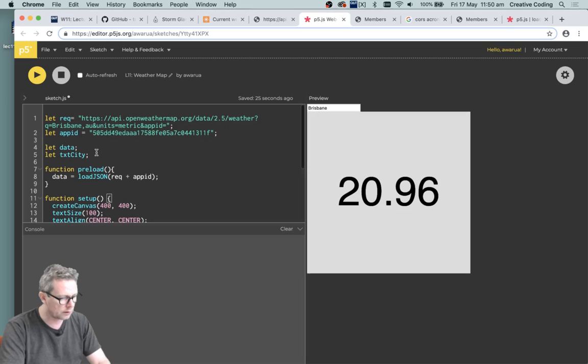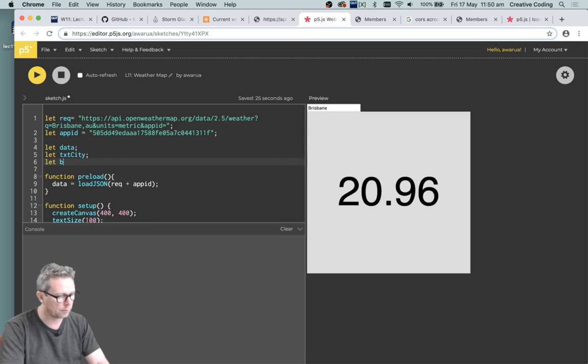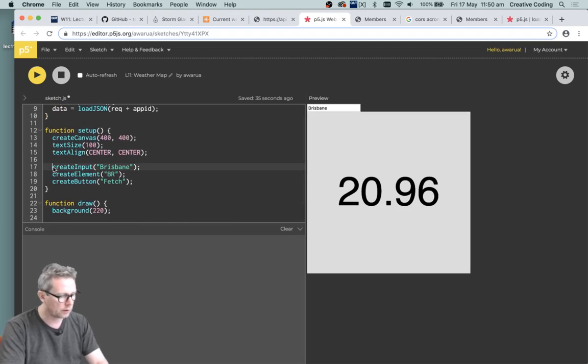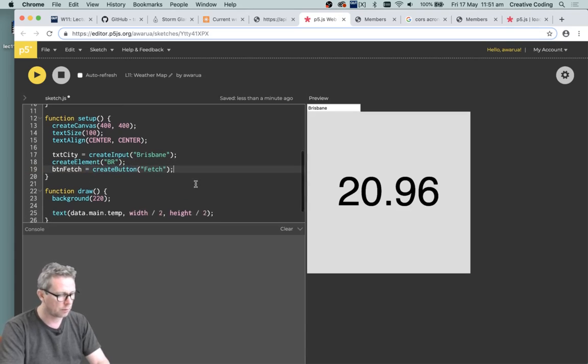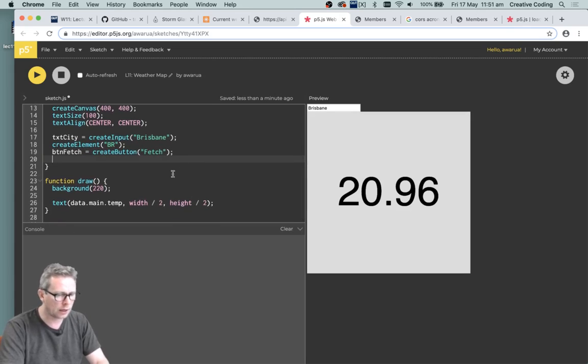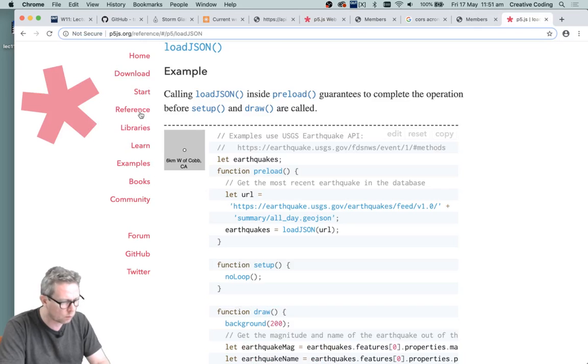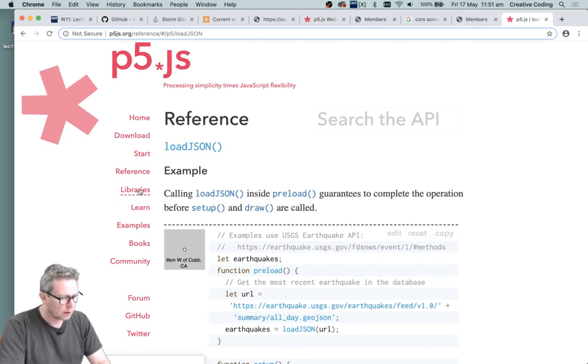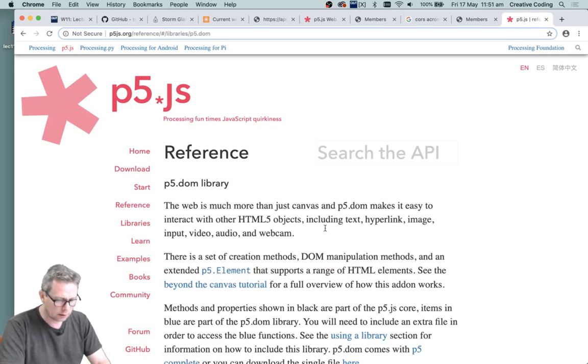So I'm going to say text city and then let button fetch. Text city equals create an input for, and it has a default value of Brisbane, and then button fetch equals create the button, and then just let me check what we need to do to get the